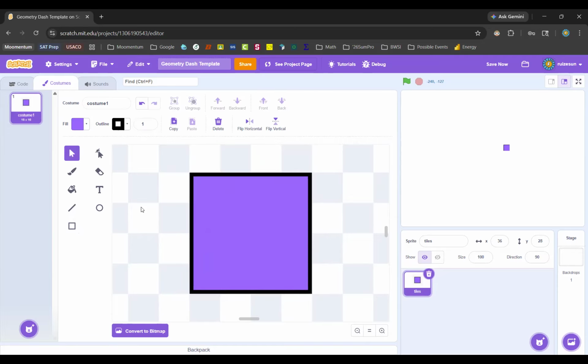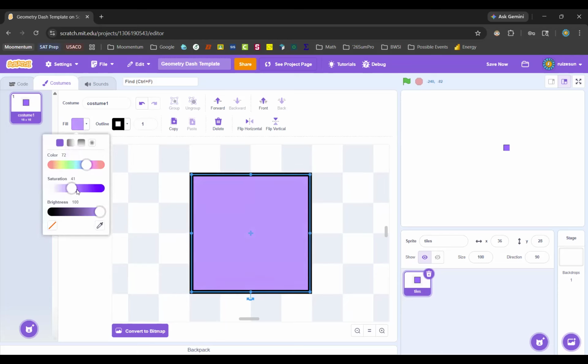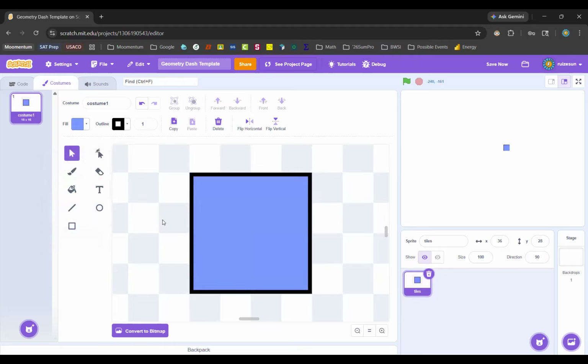And then what color is the Geometry Dash stuff? I have it right here, so let me go check that real quick. I think it's blue. But you don't have to make it exactly the same as actual Geometry Dash, of course. Oh, wait, it's a gradient from black to blue, I think. Okay, so